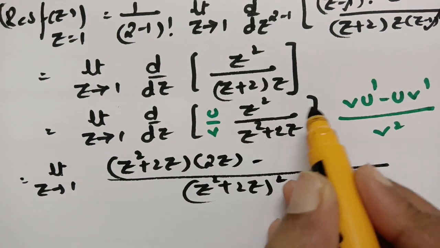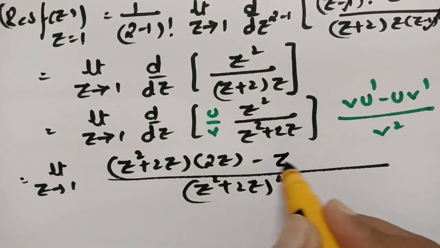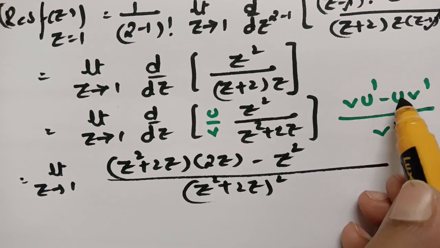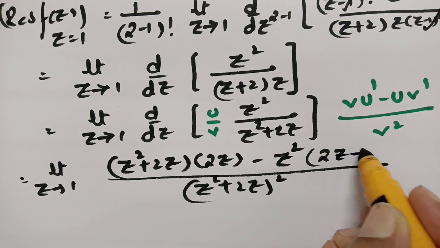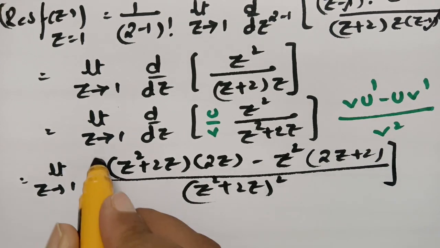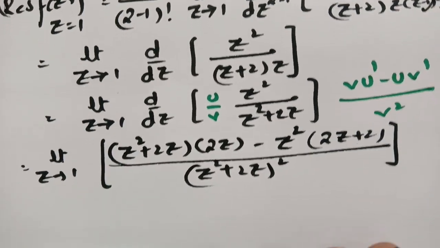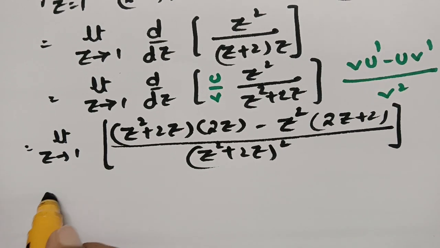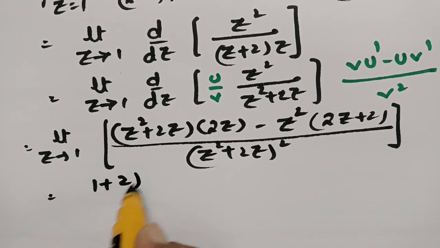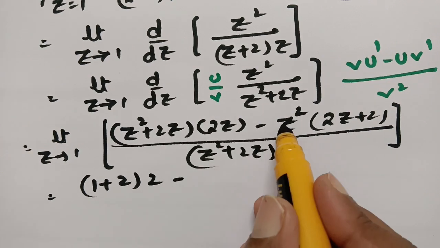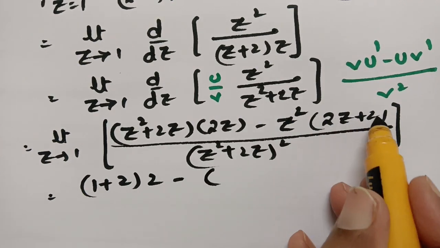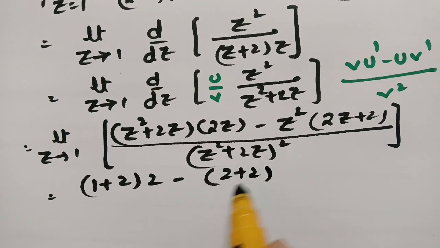This is 2z, and again we have to leave u, so I'm leaving u as it is, z square, and I have to make a derivative for v. So v is nothing but 2z plus 2, and in this I have to substitute z value as 1. So if I keep z as 1, this will be 1 plus 2, and again z value as 1, so 2 remains, and this z square is 1, and this is 2 plus 2, that is 4,